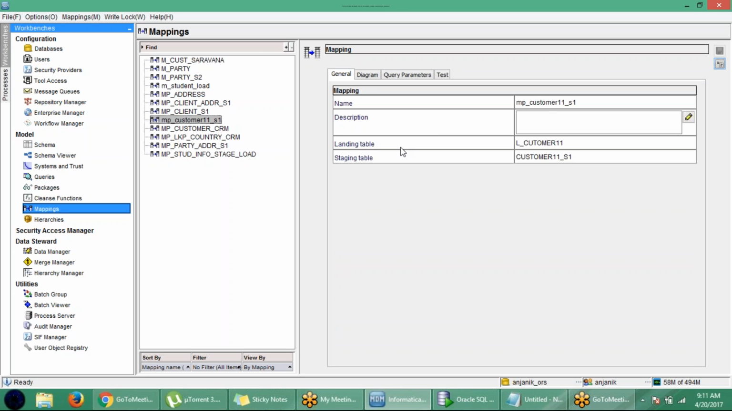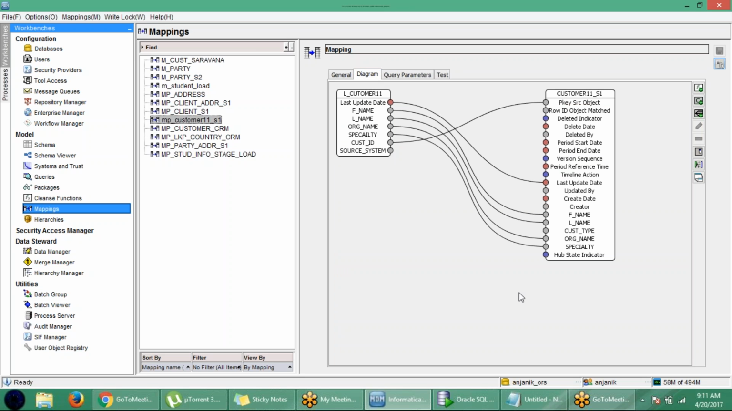So in mapping, whatever cleansing we want to apply, we have to apply here only. We will create cleanse functions and cleanse lists and other things in the cleanse function section, and those functions we can add here. For example,